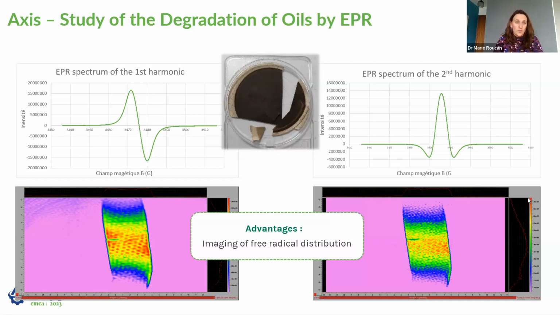So when you do a first harmonic, which is what every spectrum I showed you so far was done in, then you can miss some information, especially about organic radicals, and they kind of are the ones we want to see. So this is a bit annoying. So what you can do is a second harmonic. And this second harmonic is going to show you only the long relaxation time species. So you're going to flatten all the metal radicals, and you're going to only have the organic radicals, which